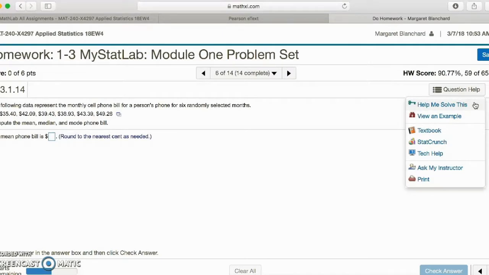Just one note, it won't save those answers back into the problem. You'll have to rework the problem with new numbers, but it is a really good tool to help you understand the process. View an example. This will walk you through an example that's almost exactly the same as yours with different numbers. Textbook, that will link you directly to the textbook for the section that corresponds to the problem, in this case,